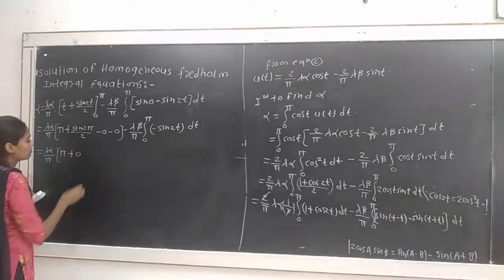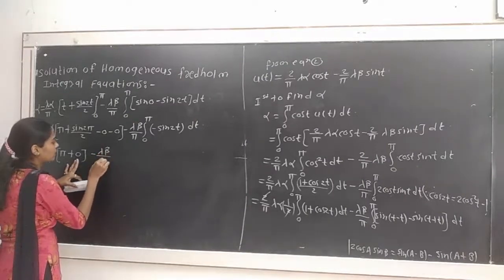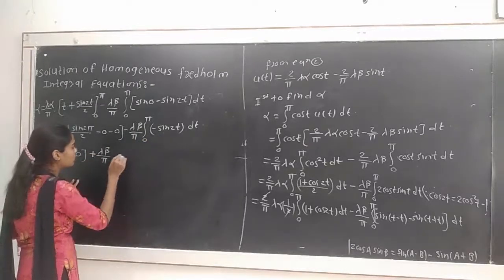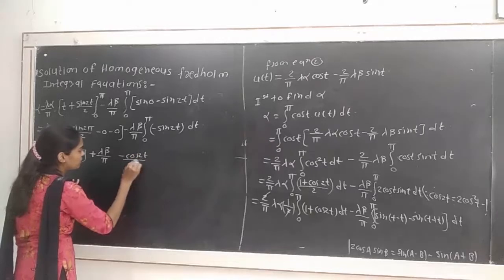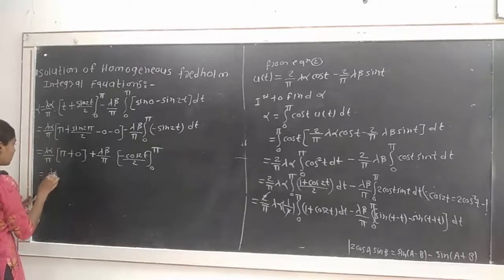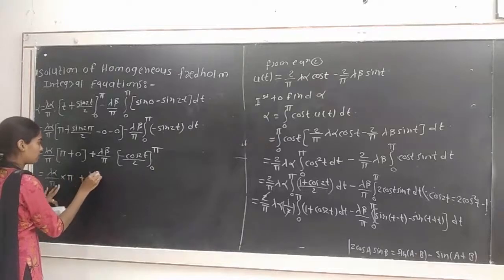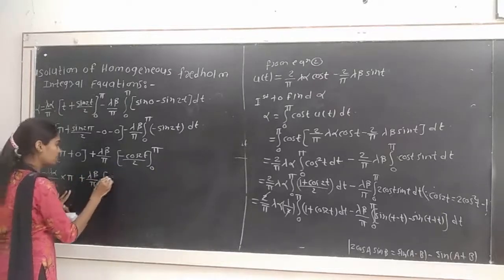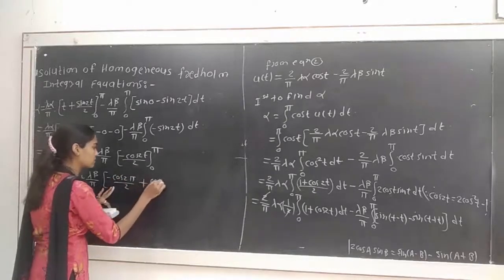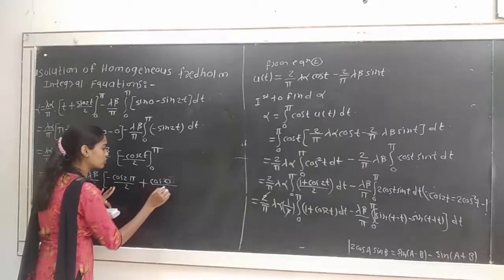Okay, so we have to get this term becomes again 0, and these are the zeros. So minus lambda beta divided by pi, or this minus we can write plus, and integration of sin 2t will be minus cos 2t again divided by 2 from 0 to pi. So we get lambda alpha divided by pi into this pi plus lambda beta divided by pi, by putting here limits, minus cos of 2 pi divided by 2, minus becomes plus, cos 2 pi, cos 0, 2 into 0, 0 divided by 2.